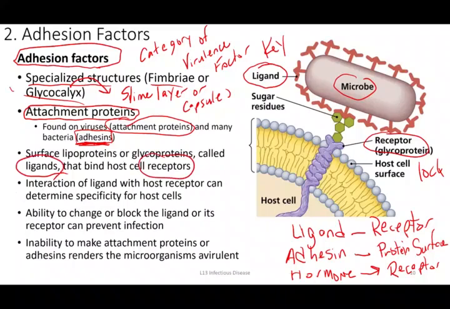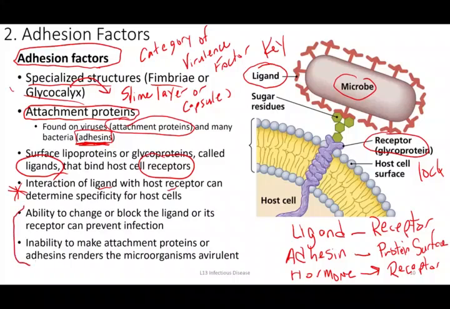And so it is that specificity between ligand and receptor that can help explain why a particular microbe can lead to a particular infection and then a disease. So obviously having the right keys for a respiratory tract is going to be really critical for a respiratory infection. Having the right keys for a urinary tract is going to be pretty important for urinary tract infection, etc. So that helps explain why certain microbes can only enter our body a certain way to be successful, and then why they lead to a certain clinical progression of a disease.